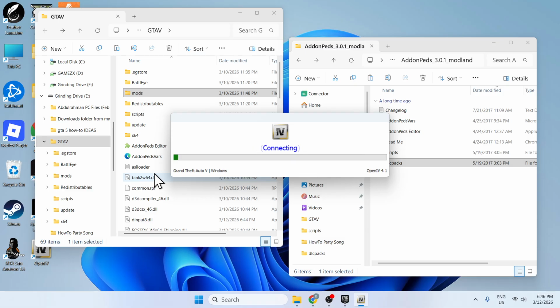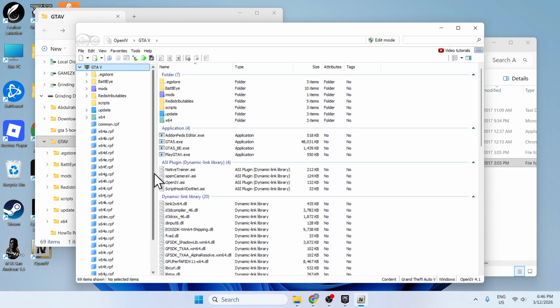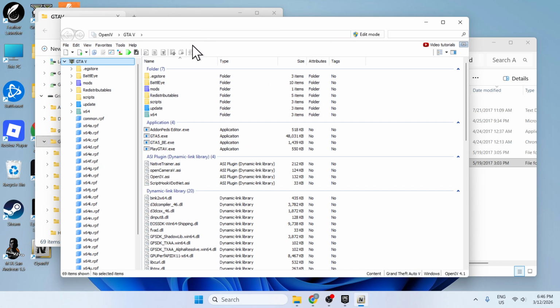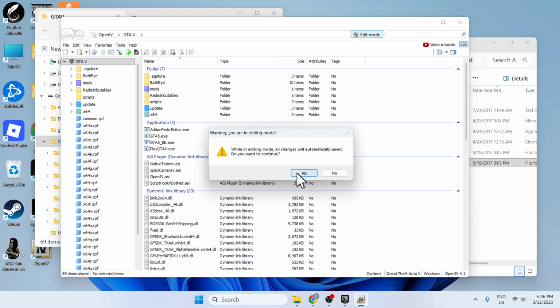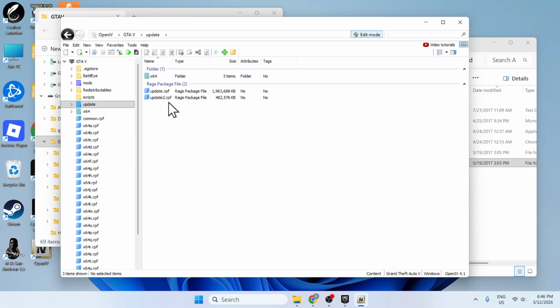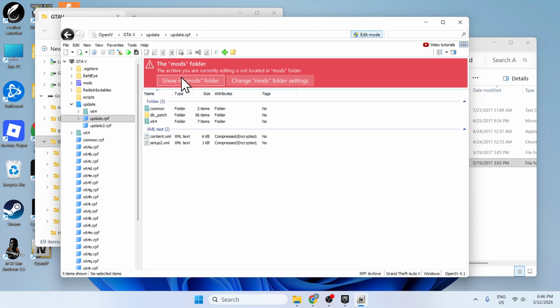Wait for this to load. And then you're gonna go here and go to, first of all, enable the edit mode. Just click on it, click yes, and here you're gonna go to update, and here you're gonna click show in mods. Sometimes it would say copy in mods, so click copy in mods, but for me it's showing show in mods,